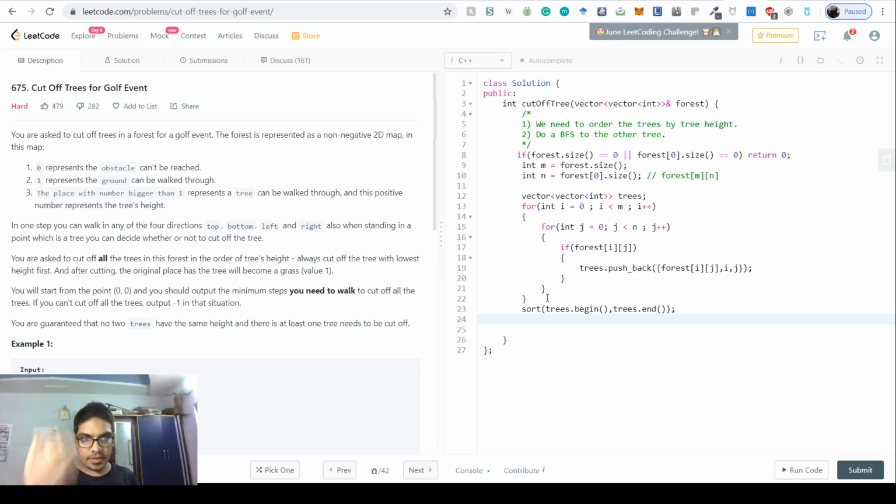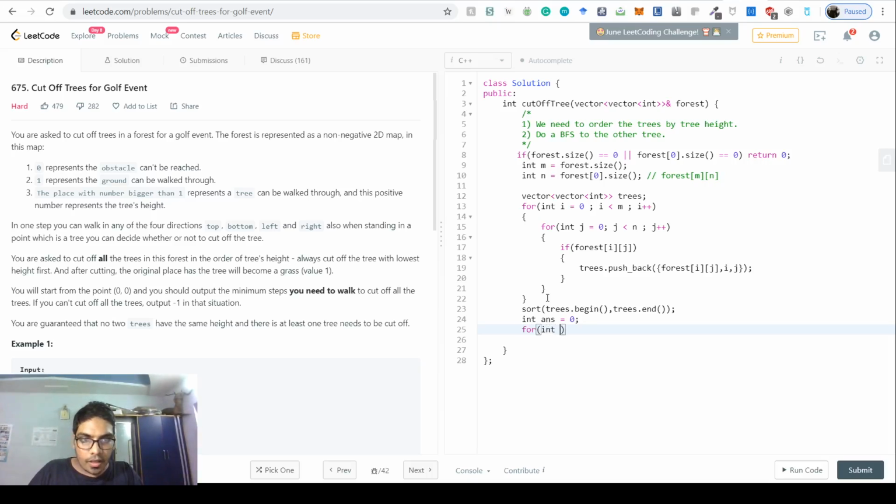Now when this is done, we have a variable answer, which is the answer. We initialize it to 0. Now what we need to do is compute steps, right? So what do we need to compute? We need to compute the steps taken. For that, we iterate through each and every tree in this sorted list. So in this sorted list, you take the first tree and try to find the distance to the second one. Then we go to the second one, then the third, then the fourth, then the fifth, and whatever distance is the number of steps taken in between. We just sum that up in this variable answer and then return that, right?